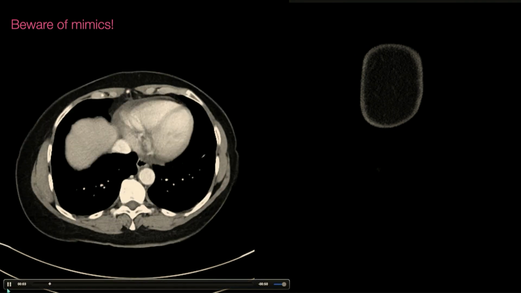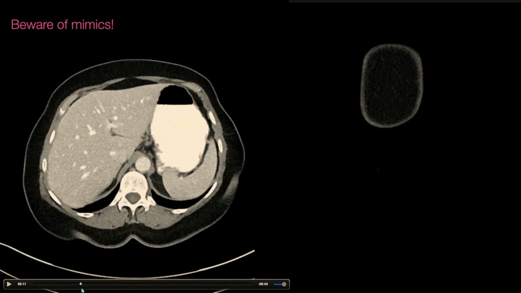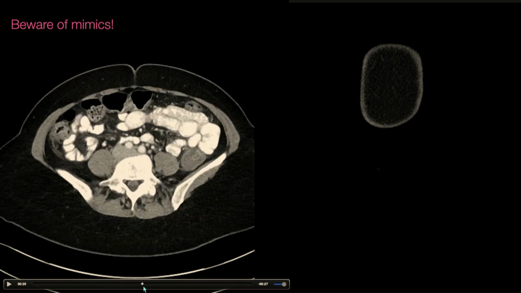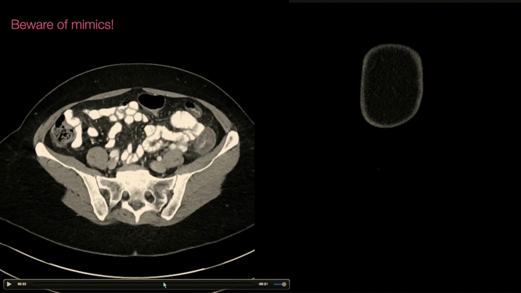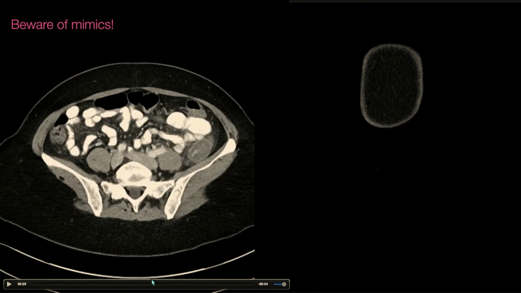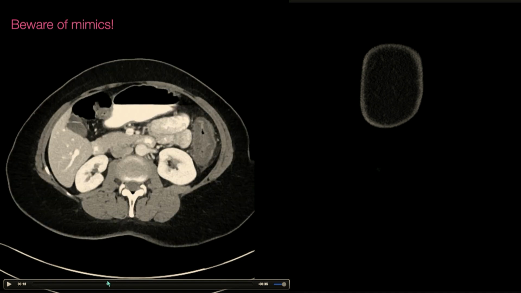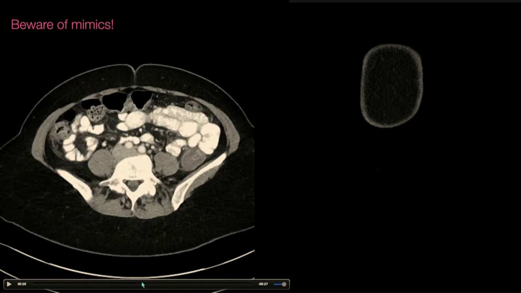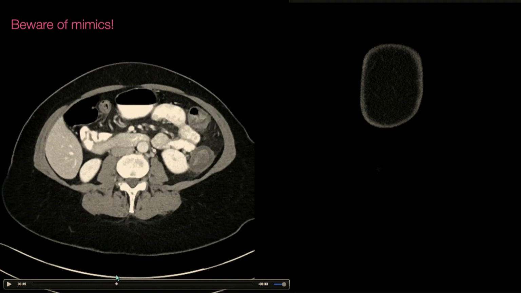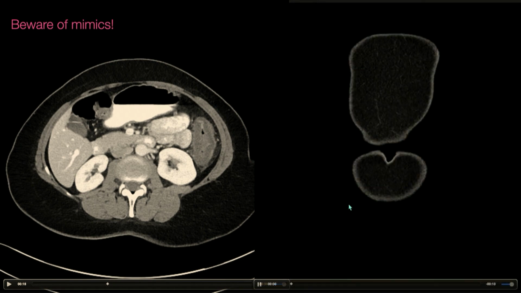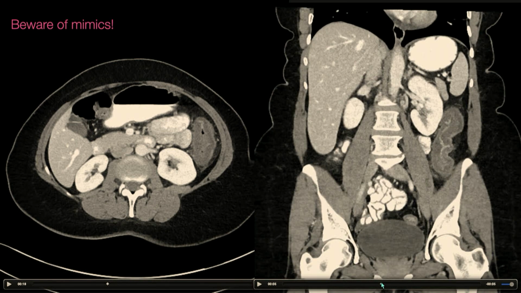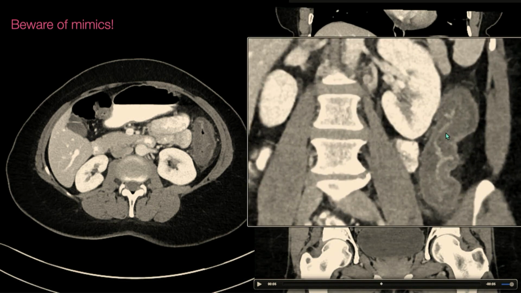All right, beware of mimics. Let's take a look at this case here. So here we have that impressive colonic inflammation, but as we scroll through, it's really involving a longer segment of the colon. And as we scroll all the way down, maybe it looks like it's tapering off by the sigmoid colon. So, when you're dealing with a case of colitis, defining the segments is going to really inform your differential. So as we get to the splenic flexure here, distal transverse, it starts to look normal, and then we remember, oh yeah, it looked normal in the sigmoid colon, right? So the distribution that we're dealing with here is descending colon,